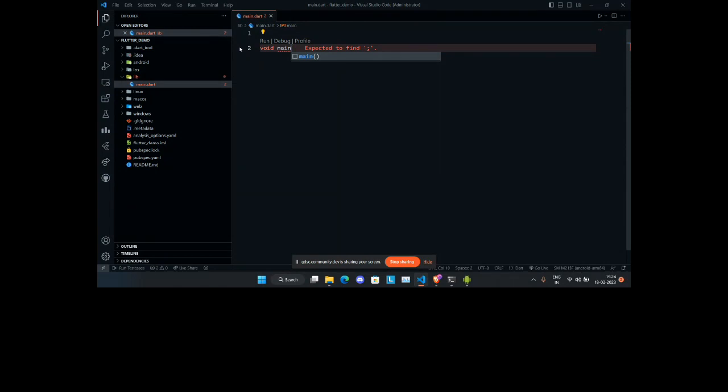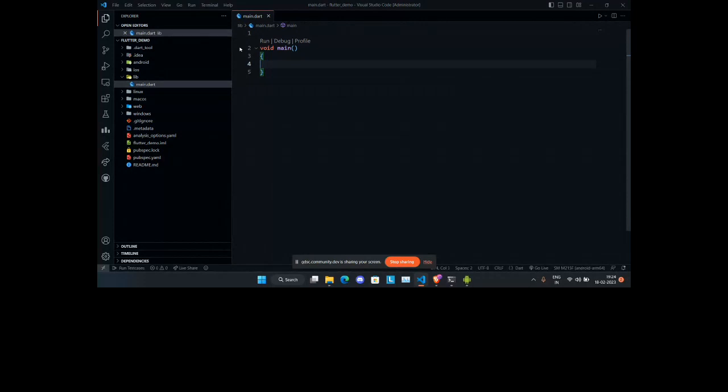We don't have to return anything from main, because main is used to run first. IntelliSense is giving me an option to paste some pre-written code, but I'm not gonna do that. I'm just gonna keep it very plain and simple, just a main function.